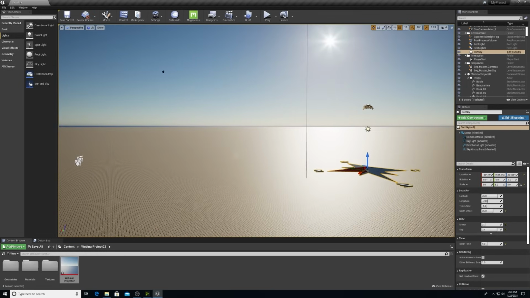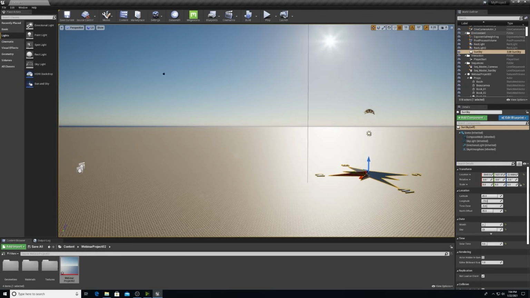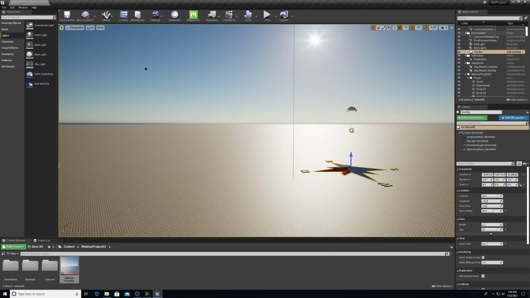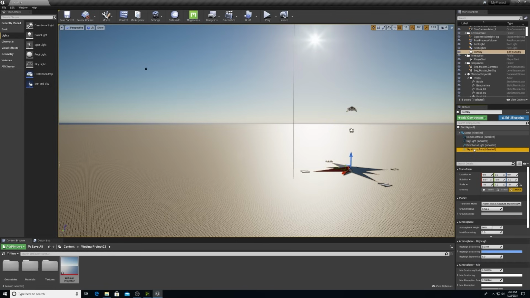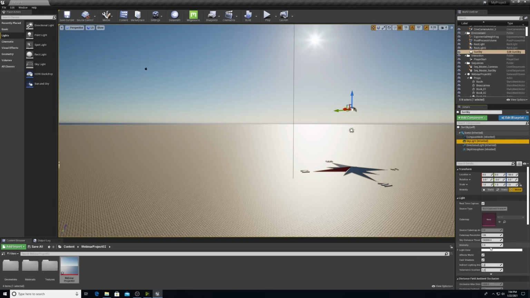And this sun sky is going to have all the essentials that you need to set up an accurate lighting condition. You have a directional light, which is going to be your sun, but you also have the skylight and sky atmosphere. I'm going to go to that skylight here. I like to lower the intensity to 0.2, but this is a number that you can play with as you are setting up your own lighting.